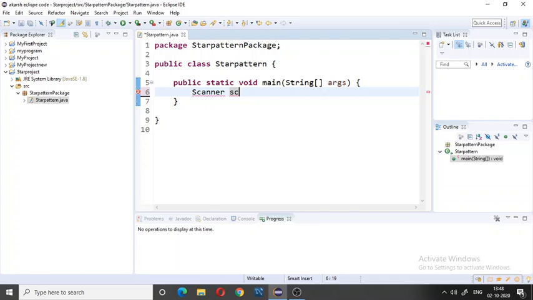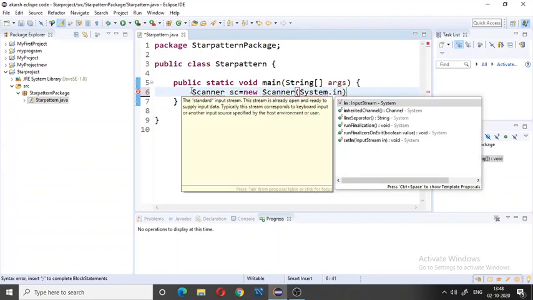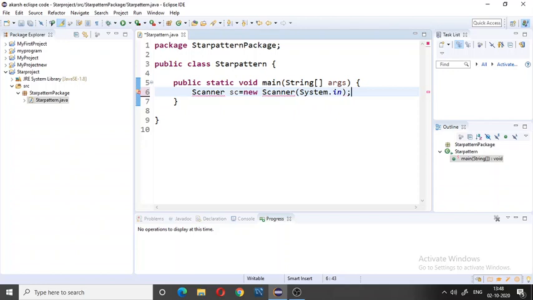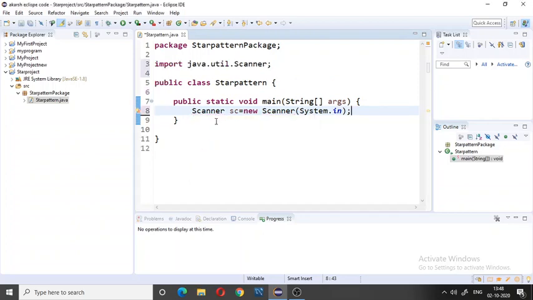Here I give it sc: Scanner sc equals new Scanner, then System.in, which is also a predefined class. Here you see an error in the Scanner class, so click it and import java.util.Scanner, because the Scanner class is in the util package, so you should import this util package.